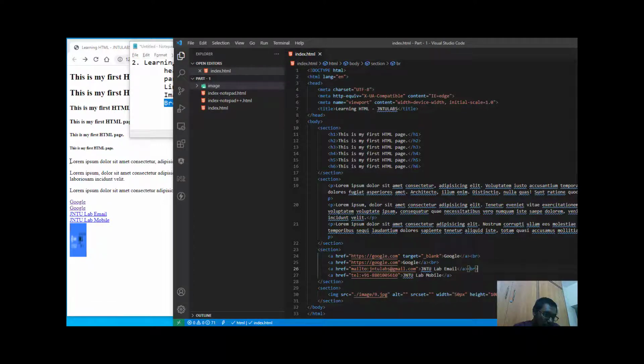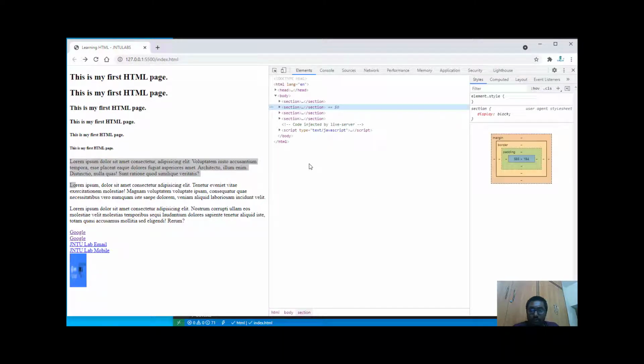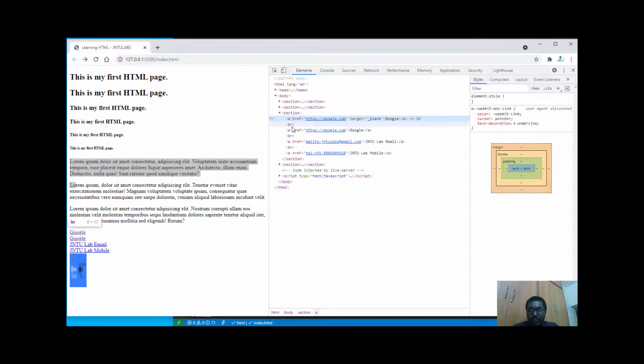And you can see in p tag you are getting some padding gap, right? If you inspect here, there is no gap between a tags. See, you have the color, underline, decoration and everything.